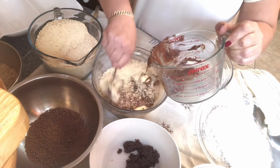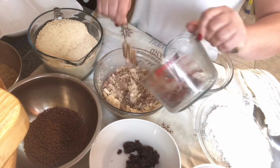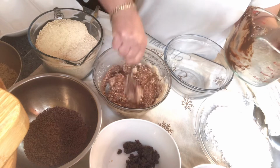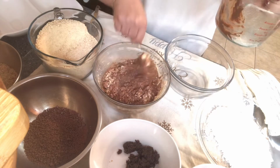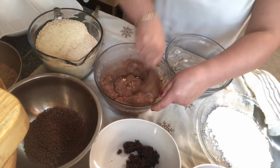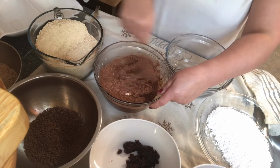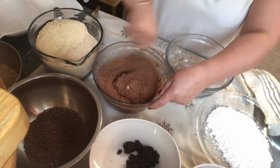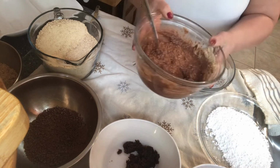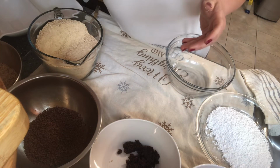So that's going to be one of the flavors that we're going to use, the Nutella truffles. We're going to fill these with some walnuts, crushed walnuts that I prepared for you, and that's mixed in there and let it set. Make sure it's all incorporated well. This is 3 cups already, so we let this sit for a little bit till it cools off. So we had put our hot milk with butter and Nutella. We leave this to set,